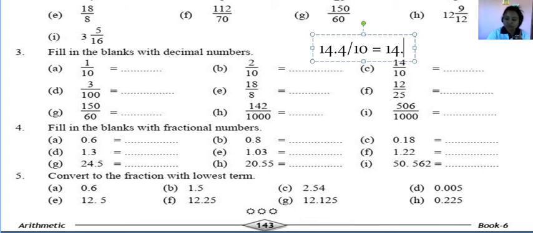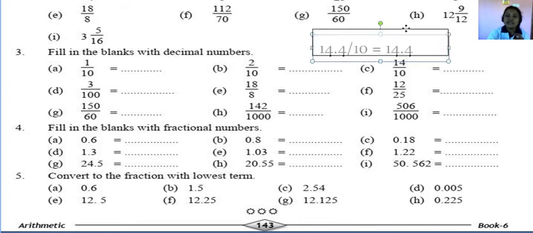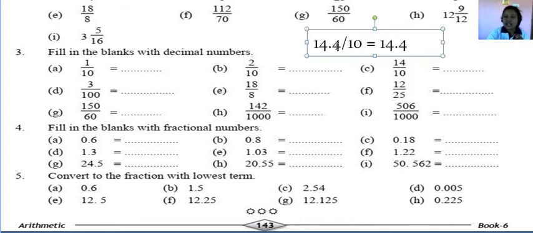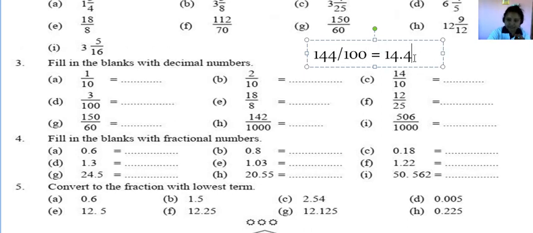Sir, I also said 14.4. What happened? Sir, I also said 14.4. Okay, that's good then. If this sort of question will be given, then I think you are able to do it now. And suppose 144 is there and two 0s will be there. Then how to do?